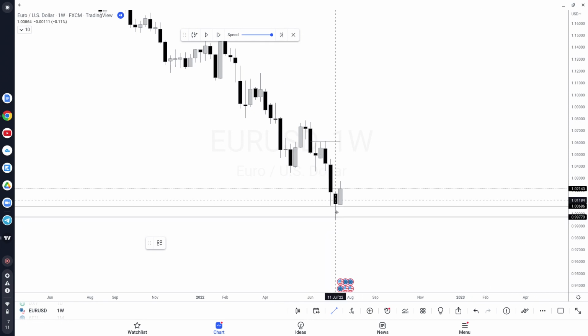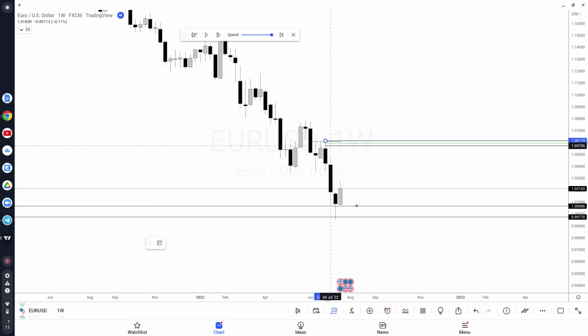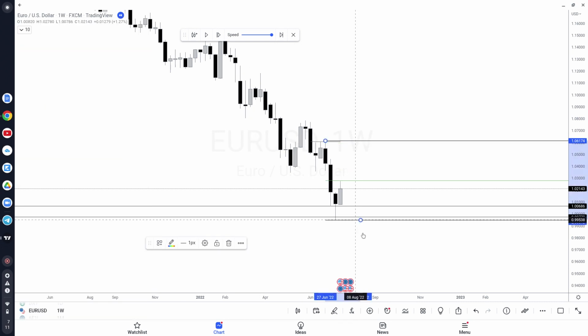And then down here, there's a sell side liquidity sweep to the very far left, but also this is a weekly low, and there's a sell side sweep of that particular weekly low. So the dealing range is from this high to this low. If we measure that high to that low for optimal trade entry purposes,